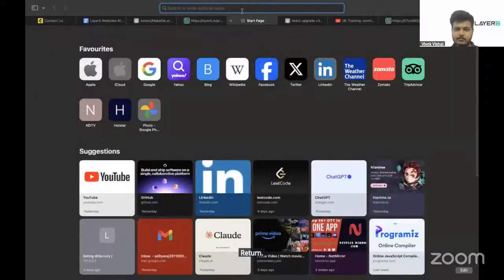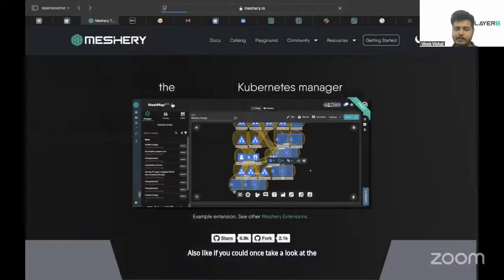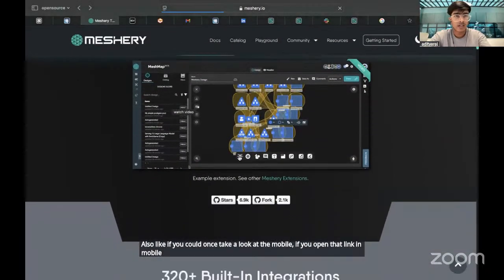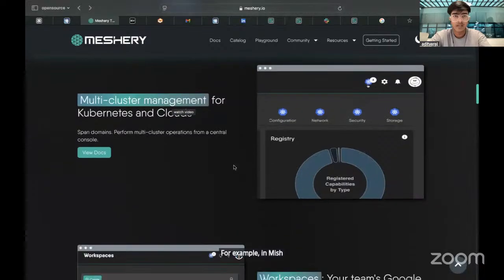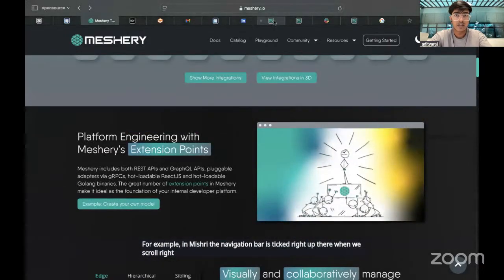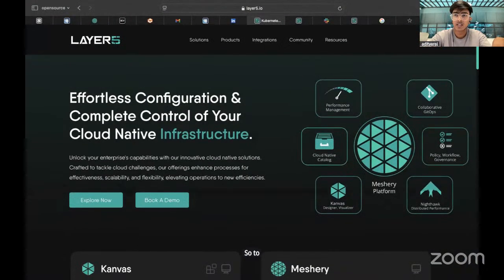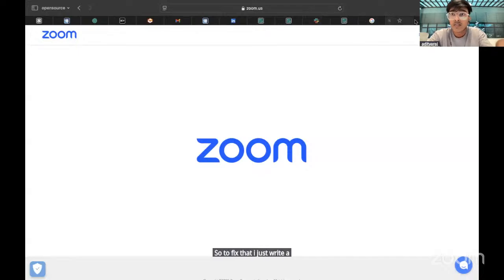Also, if you could take a look at it on mobile, if you open that link on mobile, for example, in Mishri, the navigation bar is stuck right up there when we scroll. But this is an issue with Layer5. So to fix that, I just wrote a